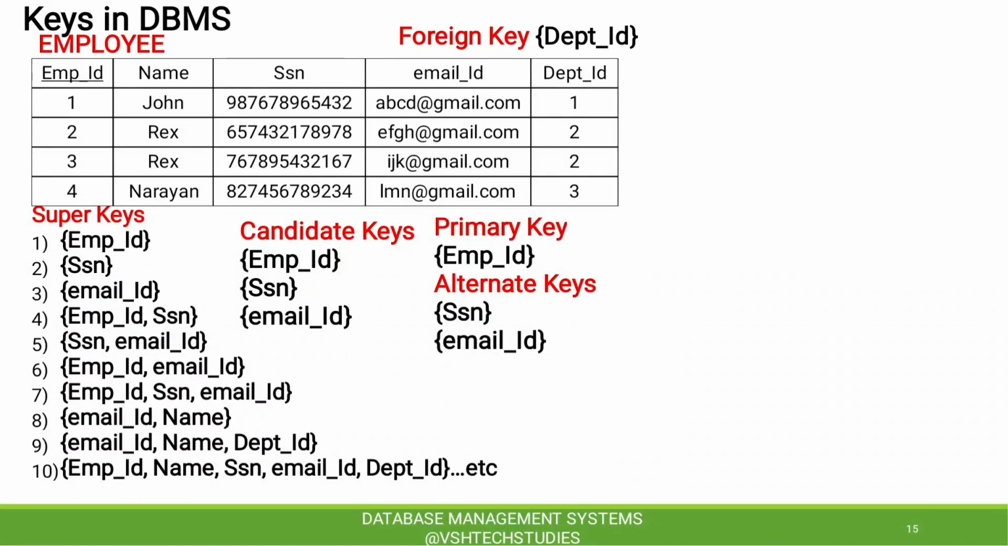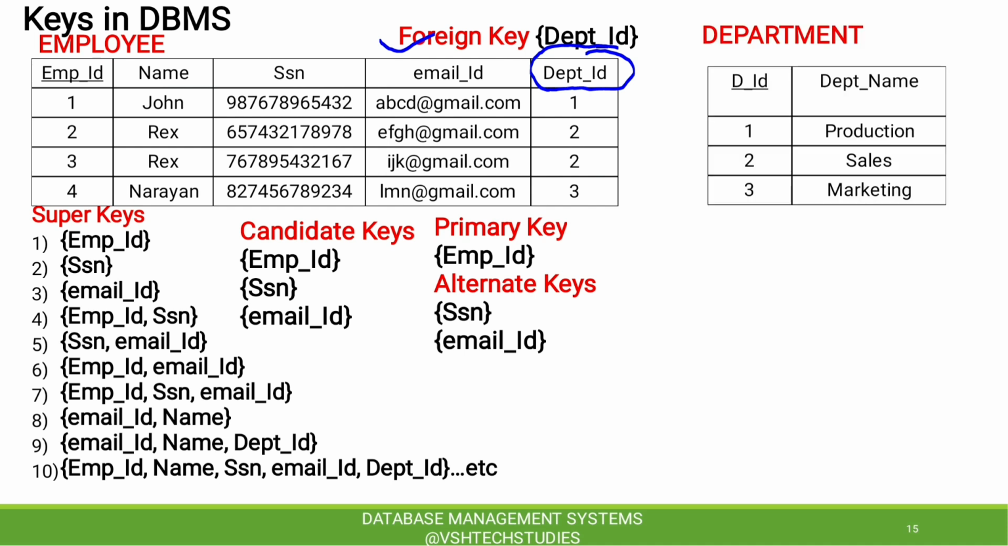Then we shall see what is meant by foreign key. Here foreign key is an attribute, say DPT here, which is used to link with another table. That other table can be the department table. So it is linking with the primary key in another table, that is, this department ID in the employee table is linking with the primary key of another table, that is,